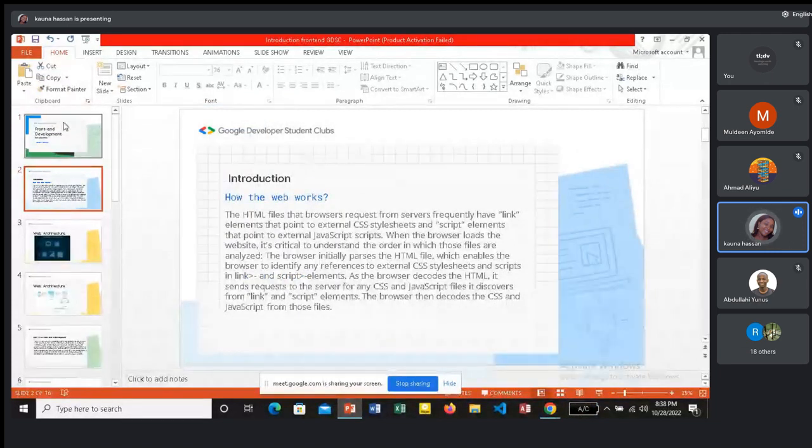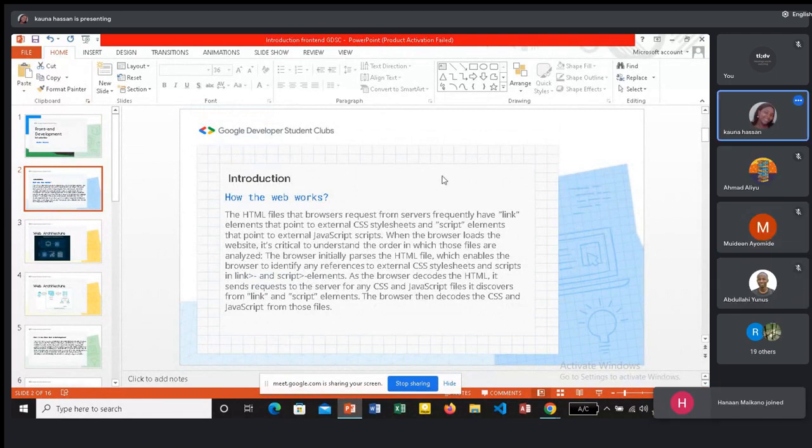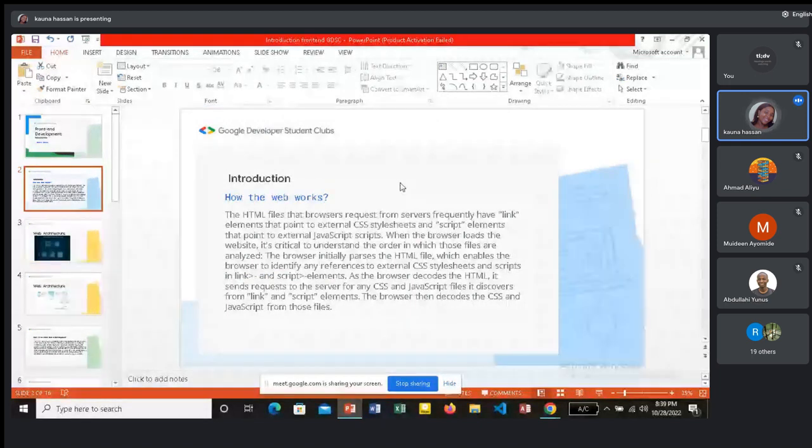We'll be having the introduction. So our first topic will be the introduction and how the web works. And then from what I've written here, we can see that HTML files have browsers that request from servers frequently, and they have link elements that point to external CSS style sheets and script elements that point to external JavaScript scripts. So what this simply means is that for those of us,